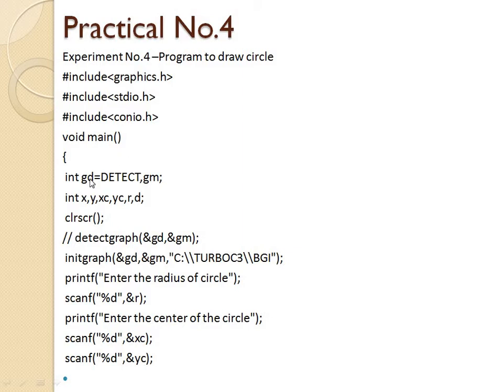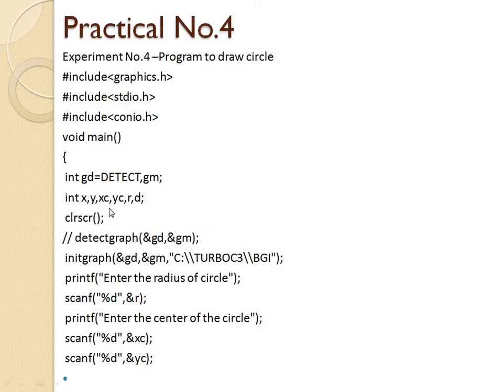Then we initialize the graphics driver and graphics mode: int gd equals DETECT, comma gm. gd means graphics driver. By using this graphics driver, the compiler automatically detects or installs the driver.